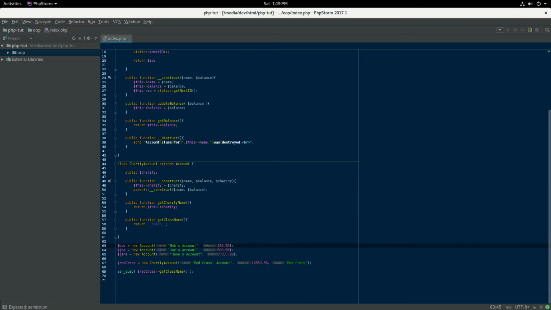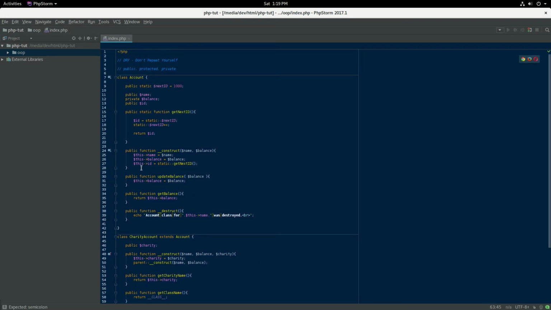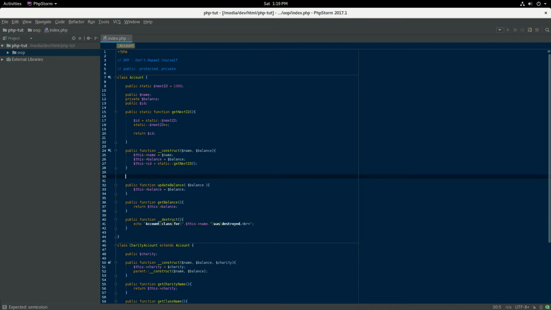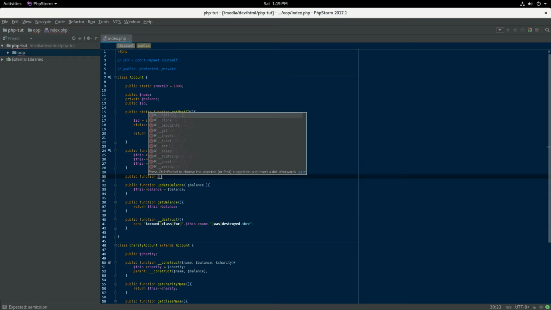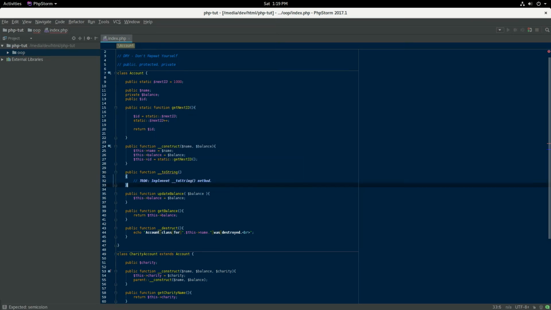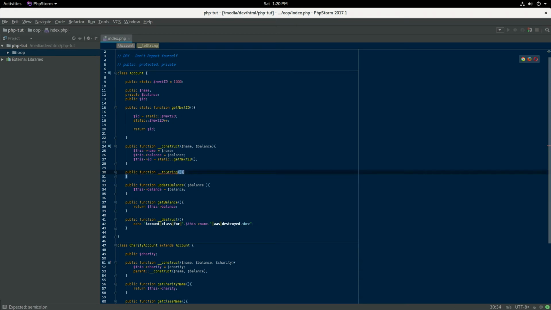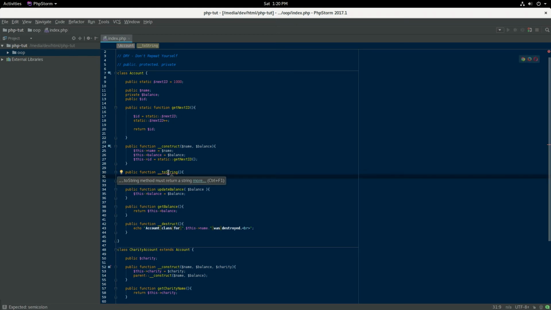Now the last magic method we're going to look at in this episode is the toString method. Now this method is a little bit confusing at first, but it's easy to pick up on. So we're going to go ahead and implement it first, and then I'll explain what it does. So let's jump up to our account class, and we're going to create the function public function two underscores toString. Now in this function, we want to return some string. So let's say we return the